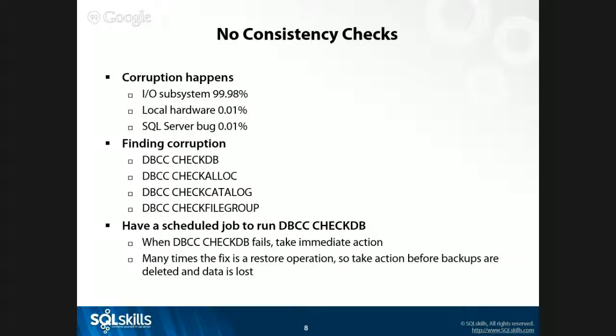That's a risk you're willing to take, because if they found it, you could just fail over to your secondary. That's up to you. I would run CheckDB on both. But the way you find the corruption is running CheckDB. You can also run, just check the allocation tables. You can check catalogs.